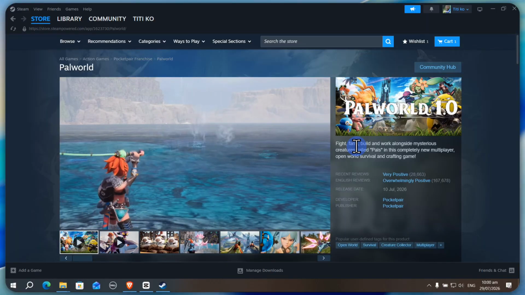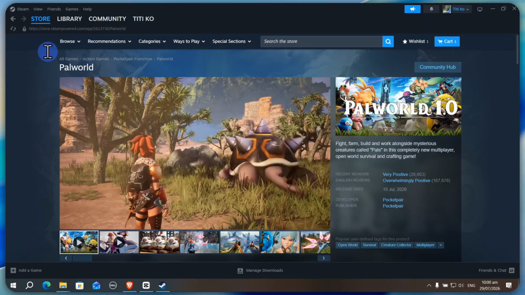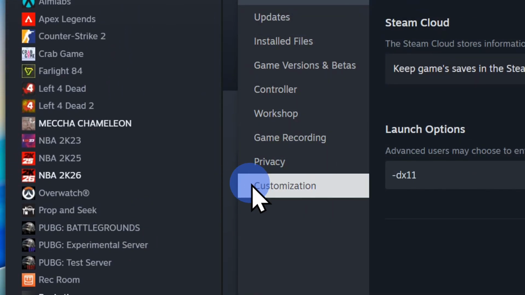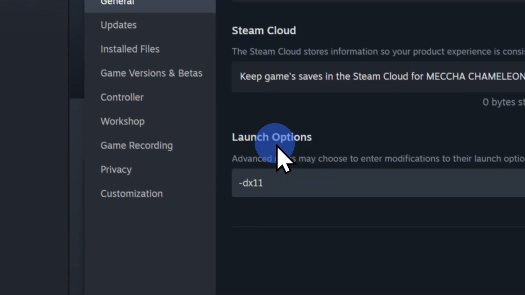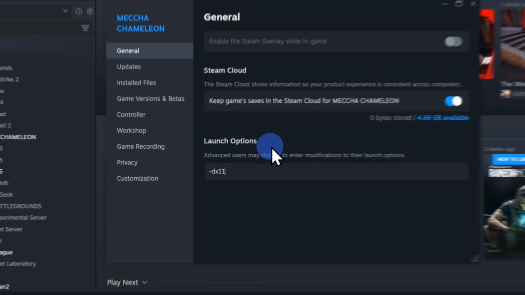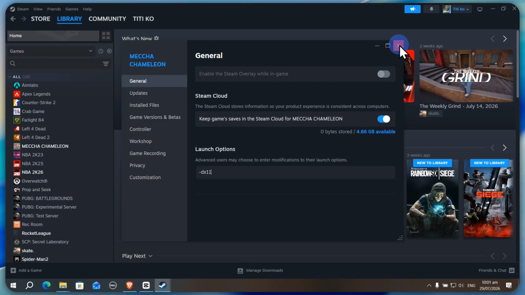So the first thing that I recommend is going on your Steam, click on library, on your game, right click on it, properties, and on general, go to launch options right over here and type in -dx11 or -dx12. Either way, go ahead and do both and see if one of them works and relaunch your game. If the problem still persists,